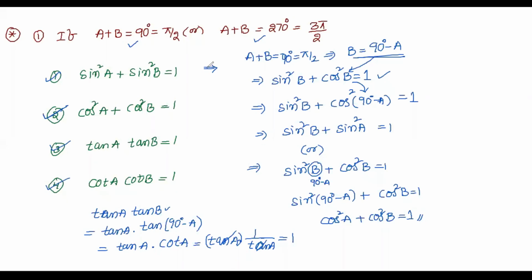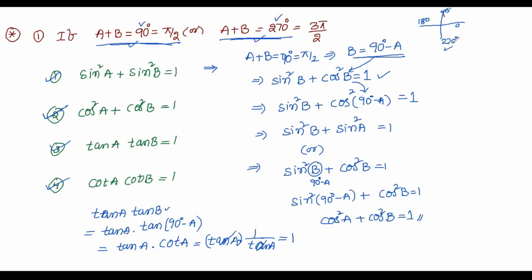So this is about a plus b is equal to 90 degrees. The similar thing you can do for a plus b is equal to 270. Yes, here 90 degrees, 270 degrees are nothing but what? Which angles? Y-axis angles. 0, 90, 180, 270. So these are the y-axis angles. When you take the y-axis angles, then the solutions will work. So whatever the 4 formulas I wrote, these four formulas will work for y-axis angles.